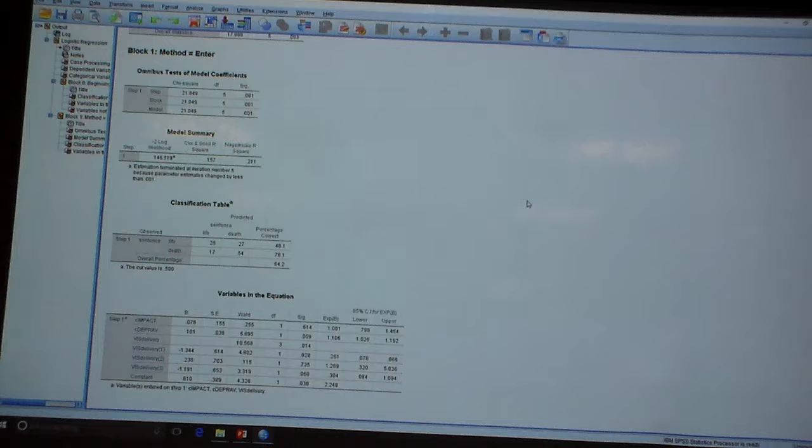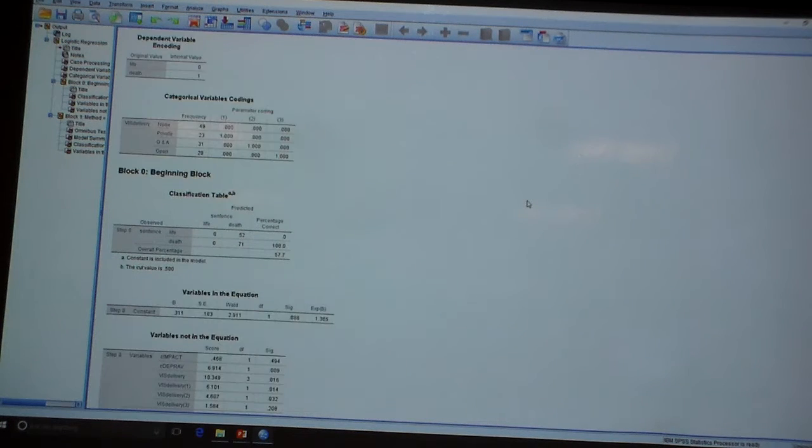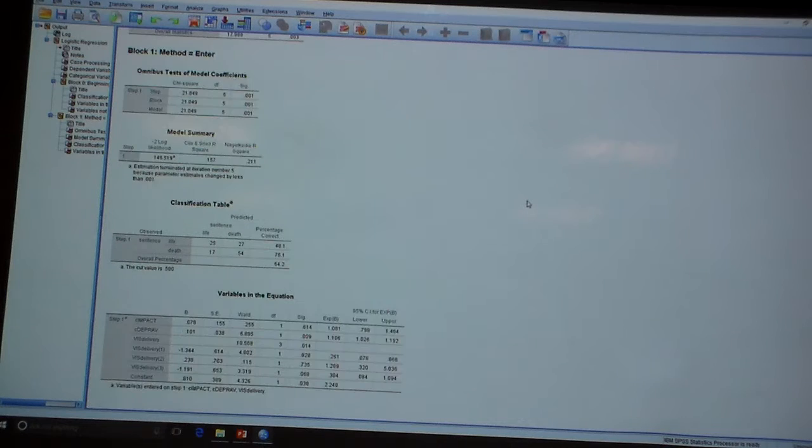Oh yeah, I can do that. That's cool. Okay. So what we're going to do, variable is not in the equation. Okay. So what